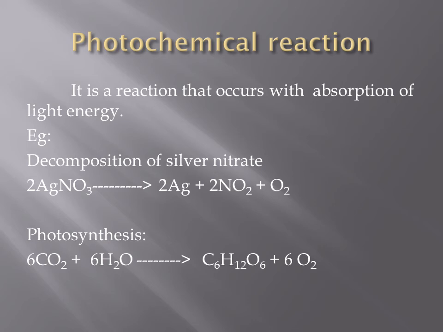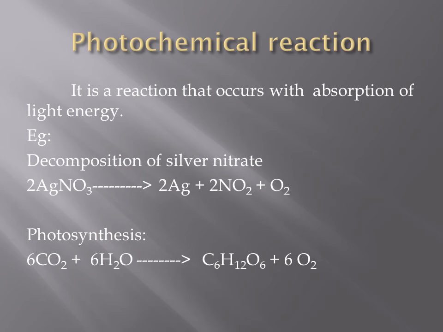What is photosynthesis? You all know it. Green plants make their own food in presence of sunlight using carbon dioxide and water. And of course, there is a green pigment present in plants known as chlorophyll. This chlorophyll absorbs the energy of the sun and they prepare their own food. The food prepared by plants is the starch or sugar. As a result of photosynthesis, oxygen is also released. So this is a reaction.